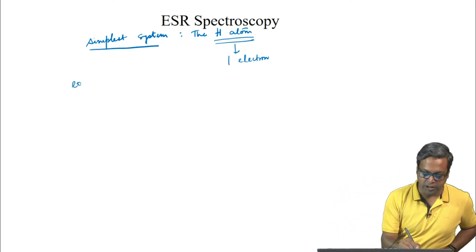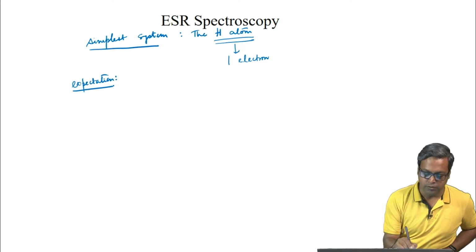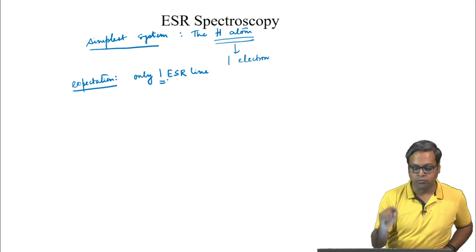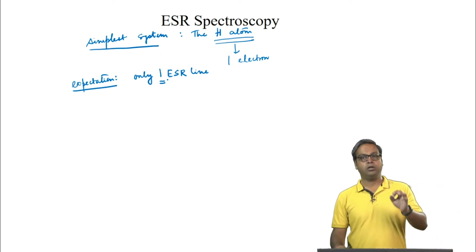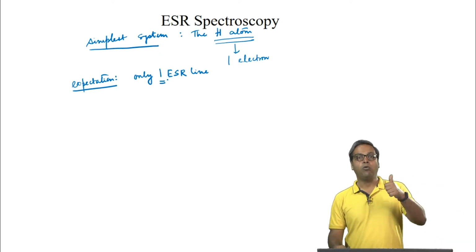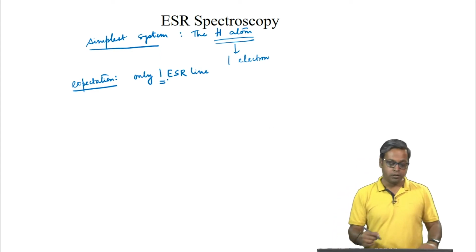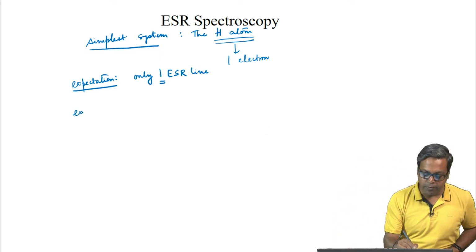Our expectation is only one ESR line, because we are talking about only one electron in the hydrogen atom. But if we look into the experimental results,